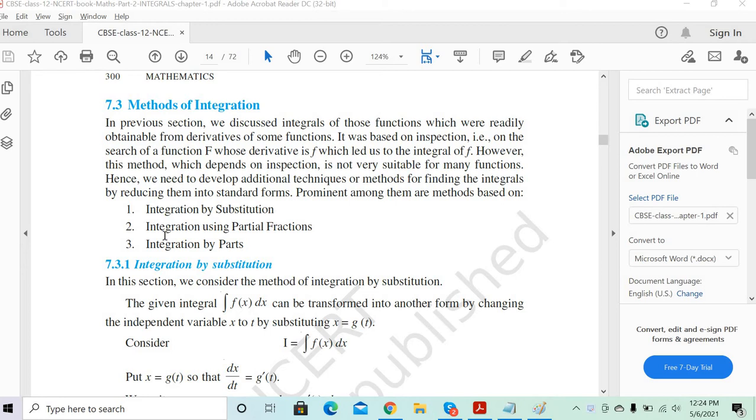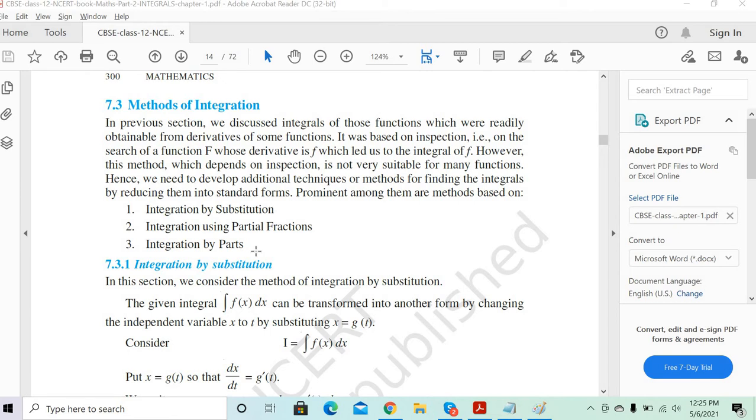And what we are going to do with these methods is just bring the integral back into one of the 16 formats. When we try to solve questions, it will not always be in the form of the 16 formulas which we saw. So we will try to solve it in some way by one of the methods, like integral substitution or partial fractions or by parts. The whole purpose is to bring it into one of the formats of the 16 formulas which we discussed. Clear?